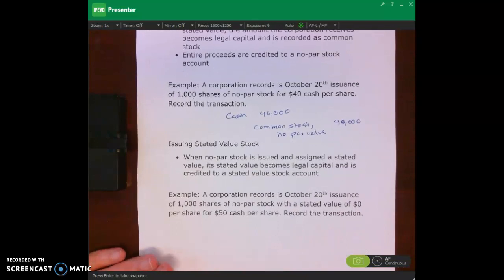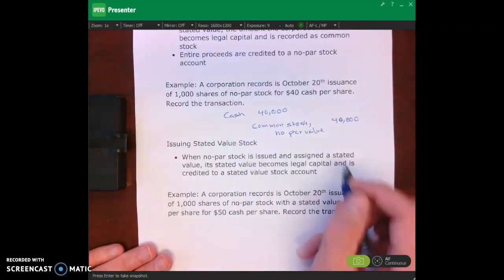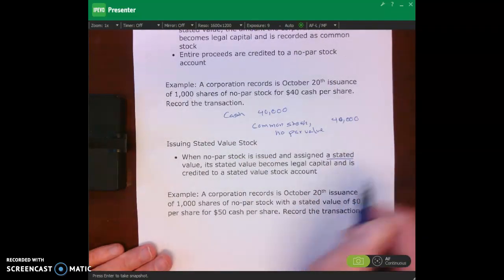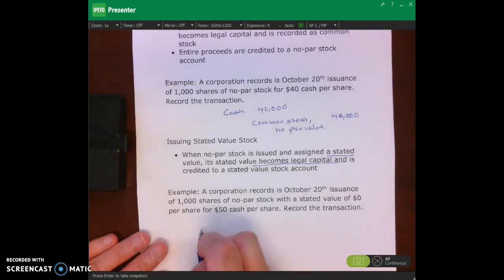Let's talk about the situation where we have stated value stock. When no par value stock is issued, like up here, but then we assign a stated value, that stated value becomes the par value. That becomes the minimum, the legal capital. So on 1020,